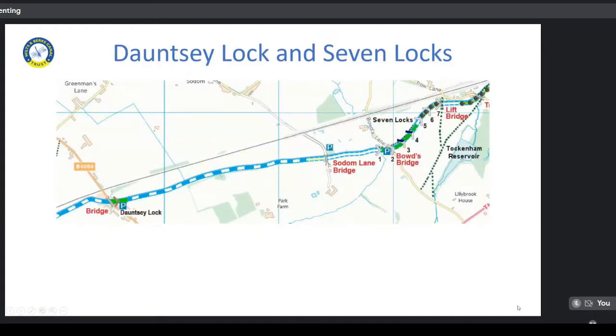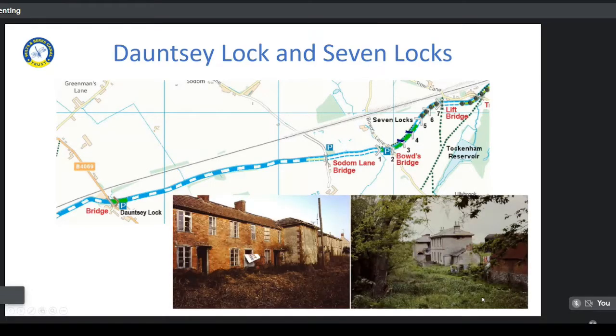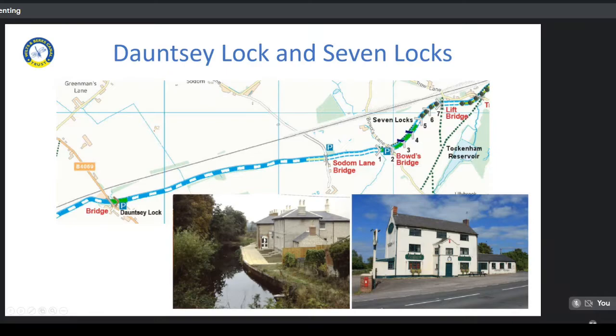So going further north and east, we get to Dauntsey Lock. So Dauntsey Lock was a canal settlement with cottages, dairy, weighing machine, pub, and unfortunately at the time the cottages were there not in very good nick. So the volunteers again spent a lot of time clearing the canal bed, but this is private land, and it's now the cottage is restored, but unfortunately, because the landowner doesn't want to give the trust a long lease, we're unable to work on that